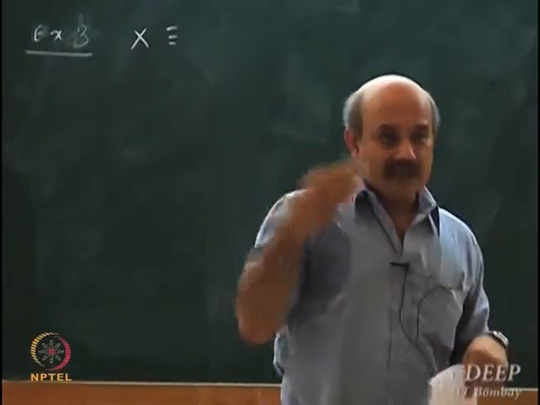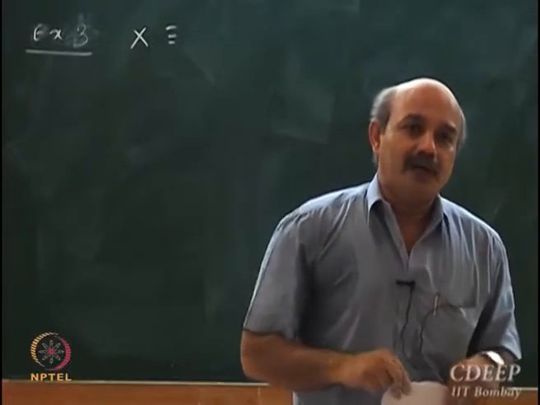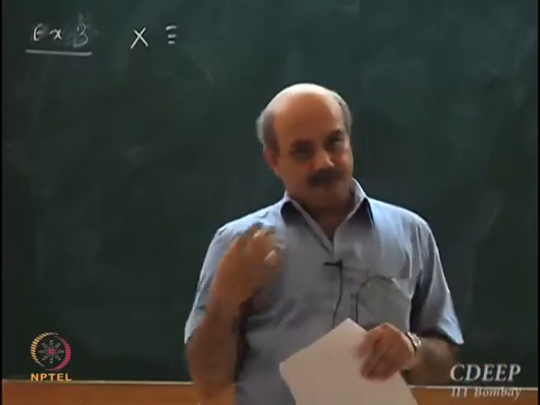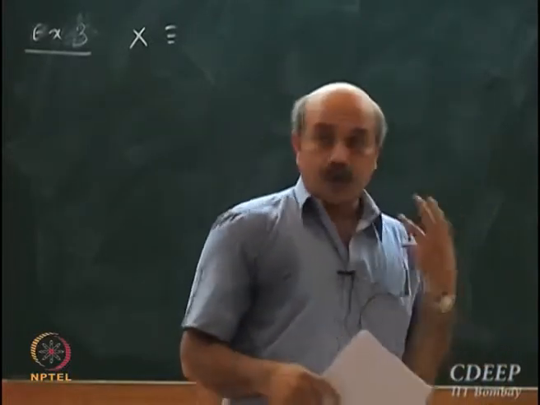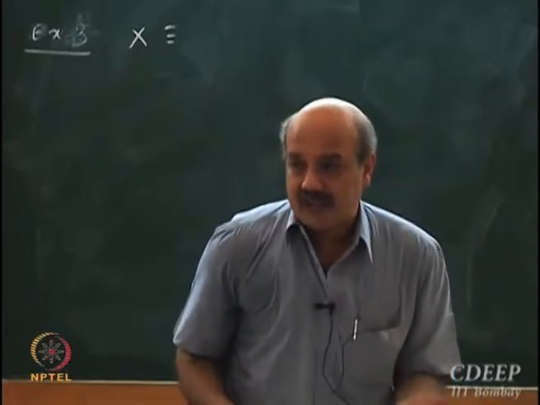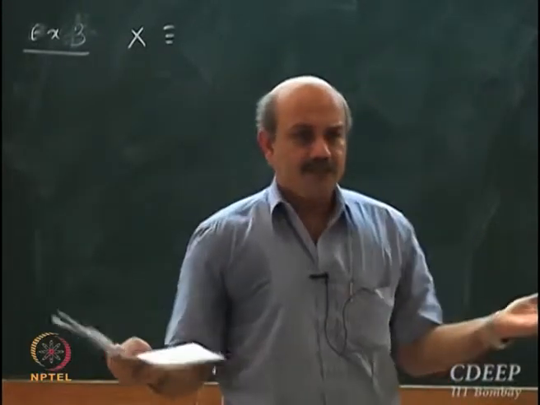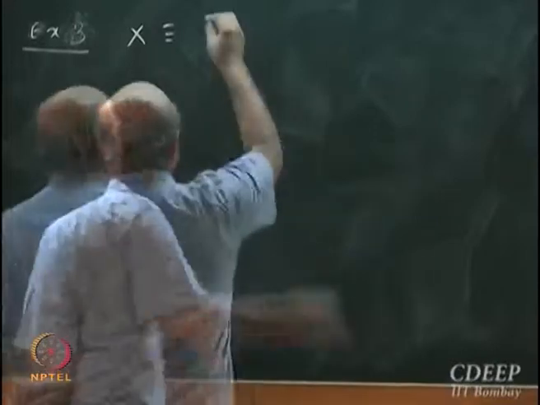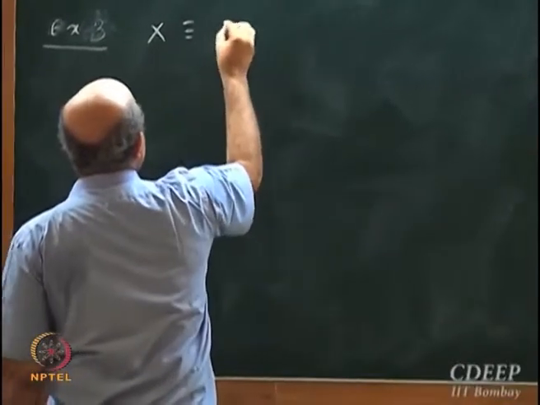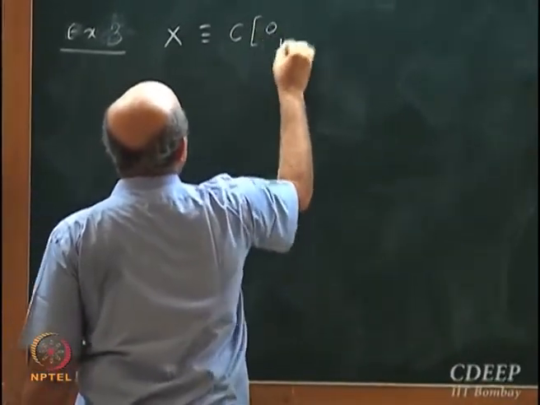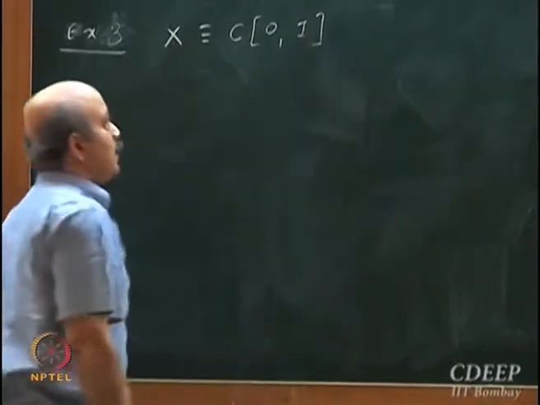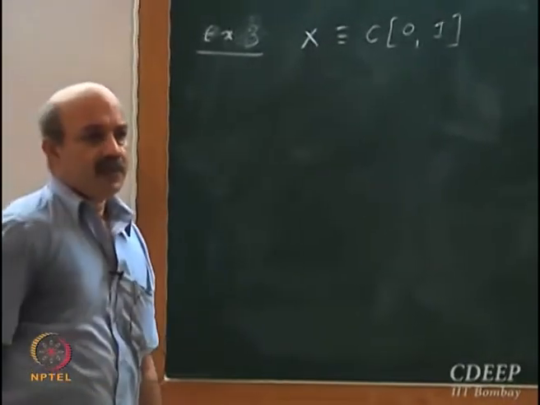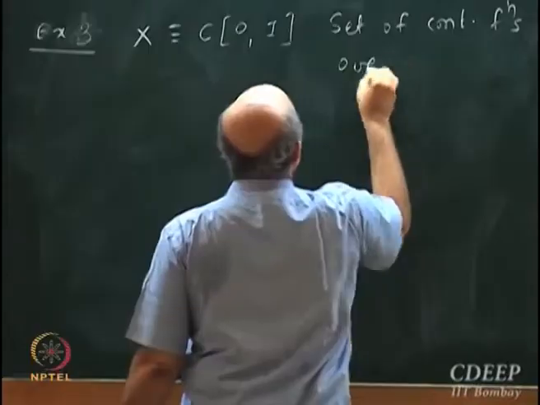Then we start developing vectors which are orthonormal. We start with a non-orthogonal set and develop an orthogonal set, same idea. Now my X is set of continuous functions over 0 to 1. My inner product space is set of continuous functions over intervals